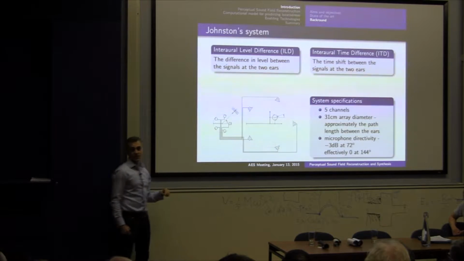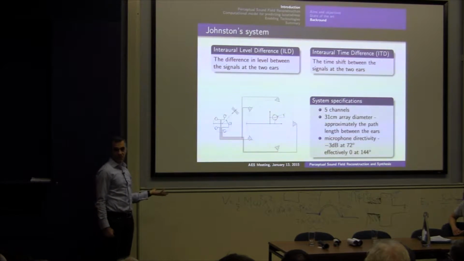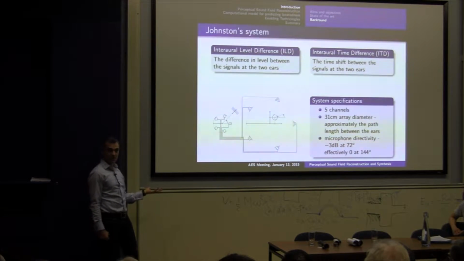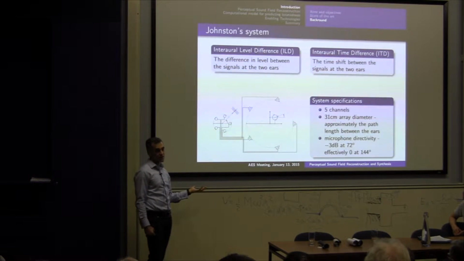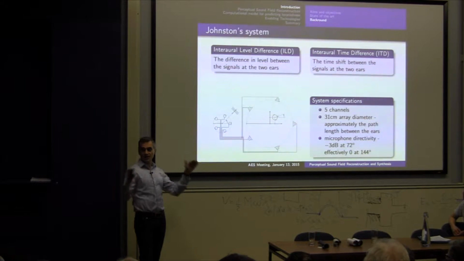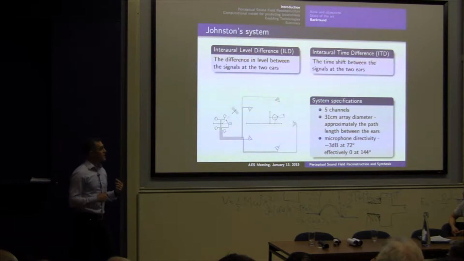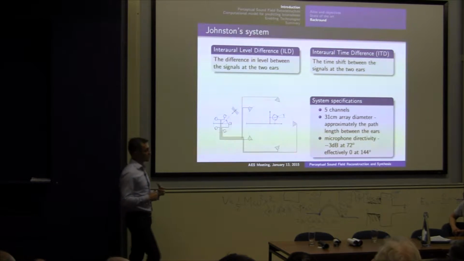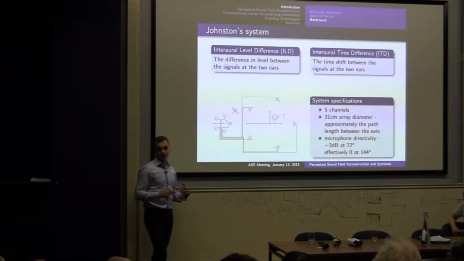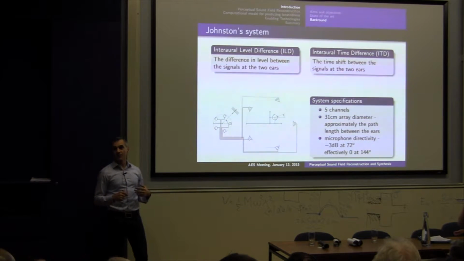What was the motivation behind this choice of 5 channels? Again, he was relying on another work by Fletcher, which established that 3 channels seem to be the minimum for providing convincing auditory perspective in the horizontal plane in front of the listener, and the reasoning was that perhaps 2 more would be enough to extend that auditory perspective to 360 degrees. And there was also work by Ando and Kurihara, which established that 5 channels seems to be the minimum for rendering a properly diffuse sound field.